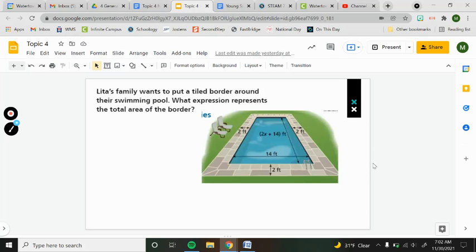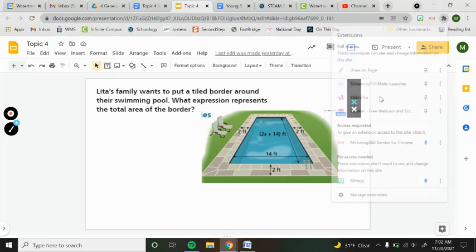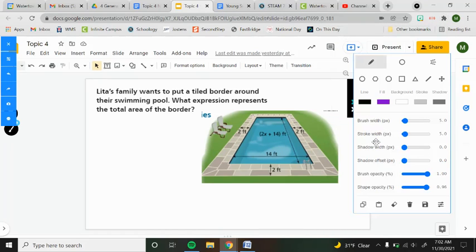All right, let's look at a word problem here. You guys will do fine. What we're going to do is determine what our two expressions are that we're going to be subtracting, and then we're going to actually subtract them. So we've got Alita's family wants to put a tiled border around their swimming pool. What expression represents the total area of the border? Okay, so we are going to need to take out